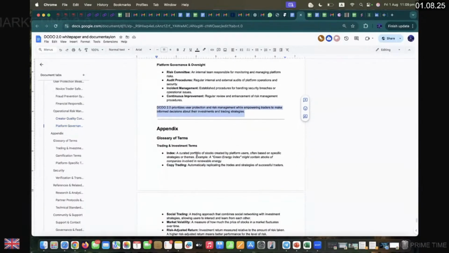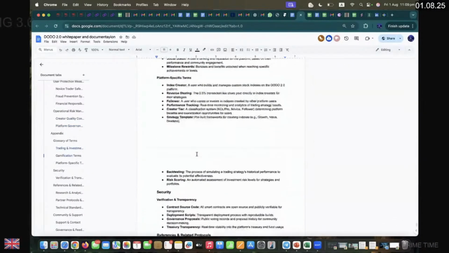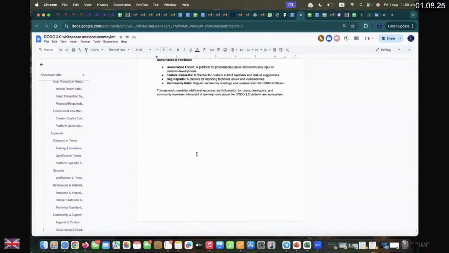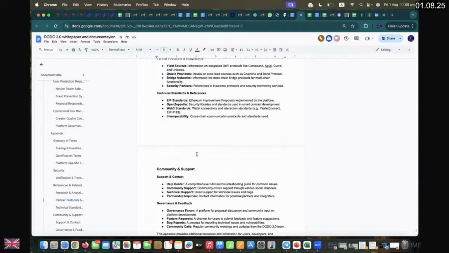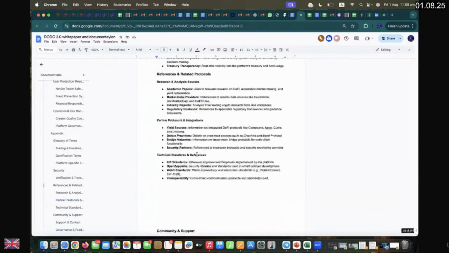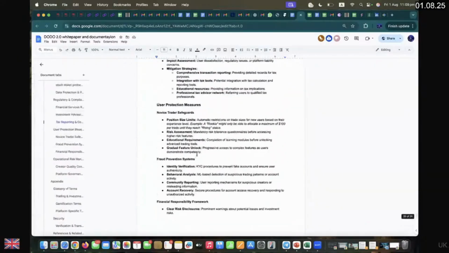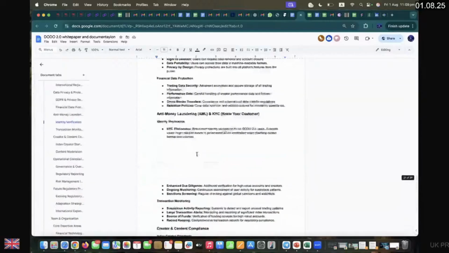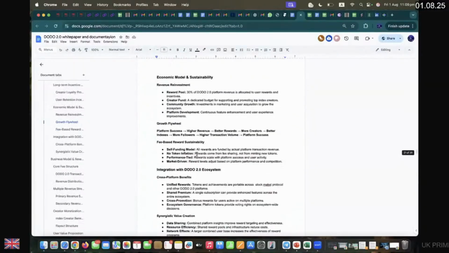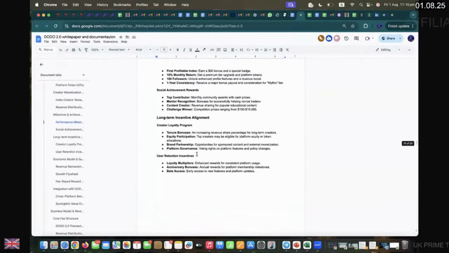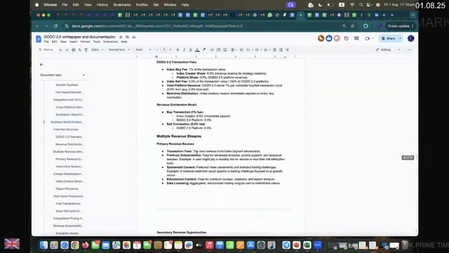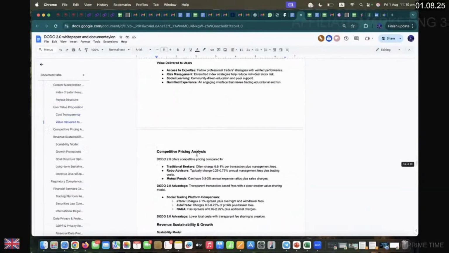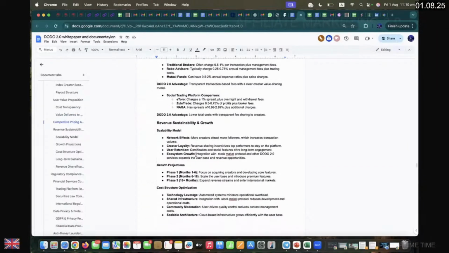So this is the appendix where the terms are described which I talked about, and this is the end of the white paper, and this is the whole description of the product that we have built and that we are constantly building, and we are going to follow the roadmap which I have explained here in terms of the projection of the growth from the launch till 18 months and forward.